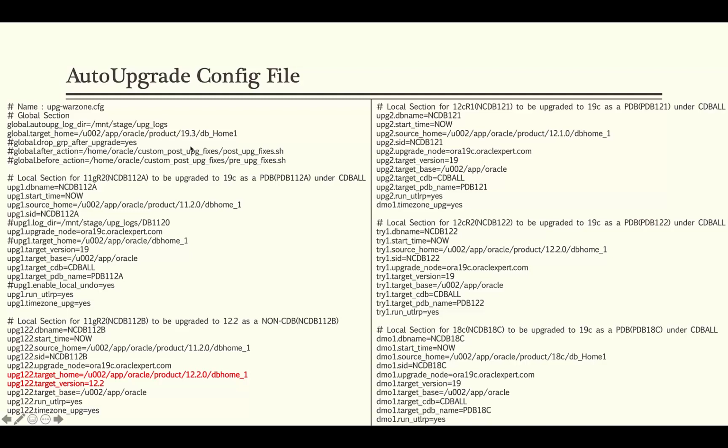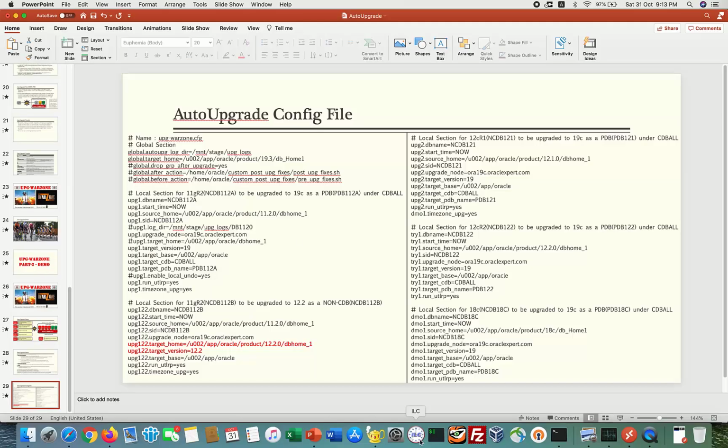But in the second attempt, I am not going to run through all those issues manually. I have a pre-drafted Unix shell script which would go and take care of all the pluggable database plugin time violations, SRVCTL fixes, everything that is required. I have already automated it. And this is the actual config file that I am going to use for our auto upgrade demonstration. And that's the end of what I wanted to present.